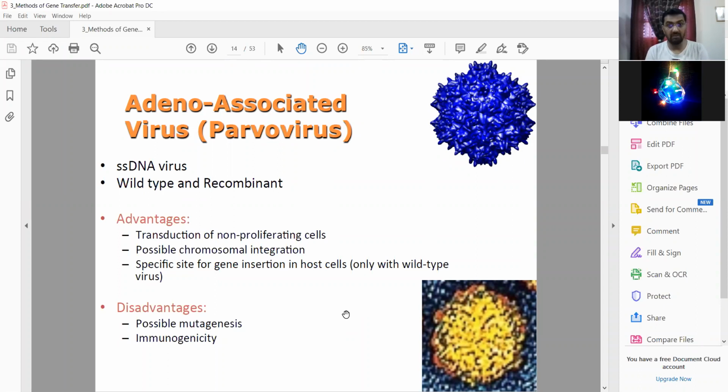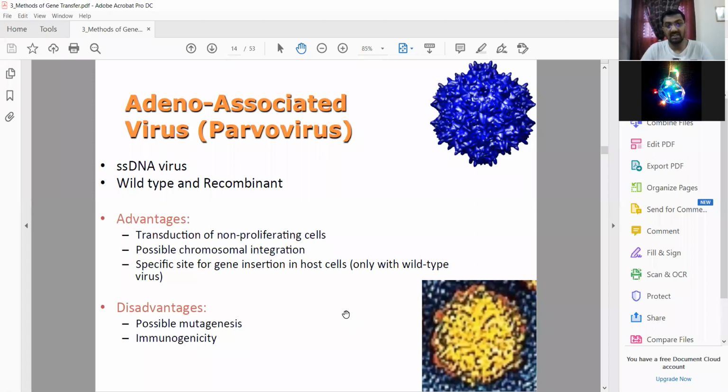So this is one of the biggest advantages of these adeno-associated viruses. And they have transduction capacity on both proliferating and non-proliferating cells, meaning dividing and non-dividing cells. And we have a possible chromosomal integration. These are the benefits. But at the same time, there are a few disadvantages with them, that is immunogenicity